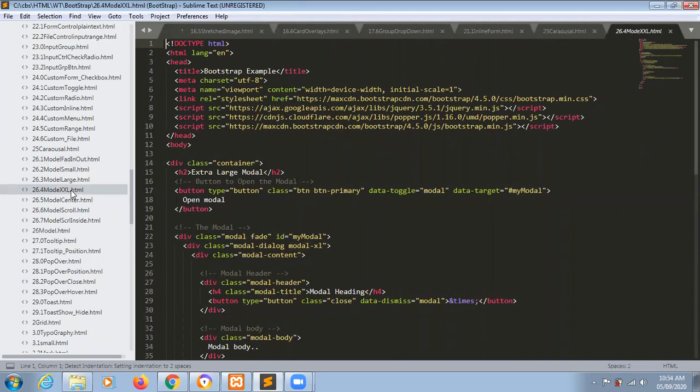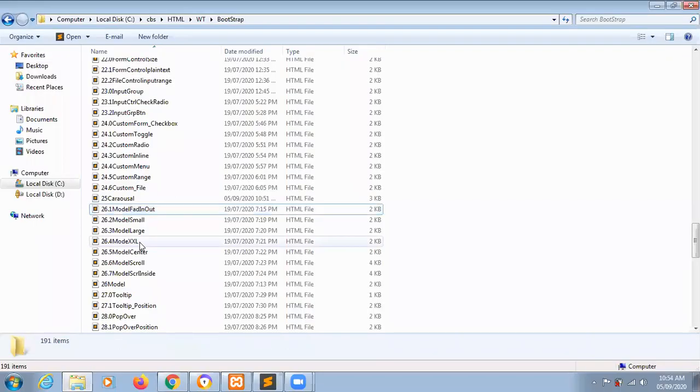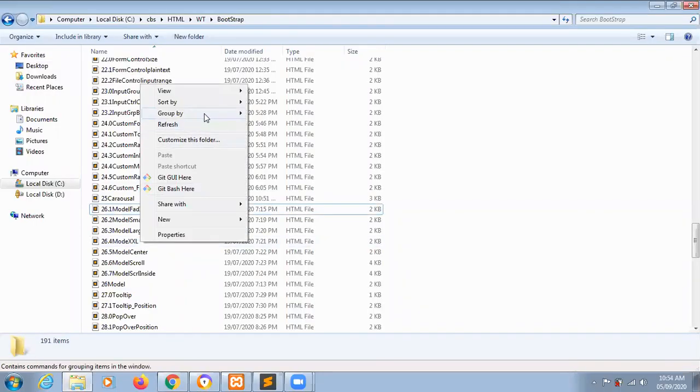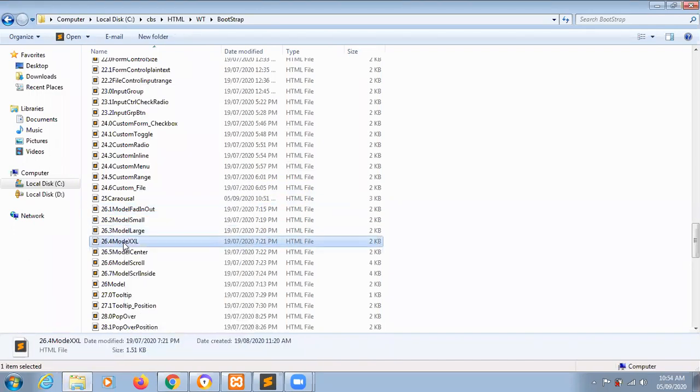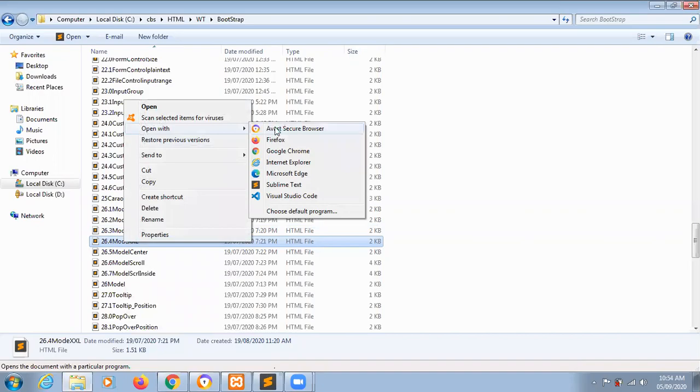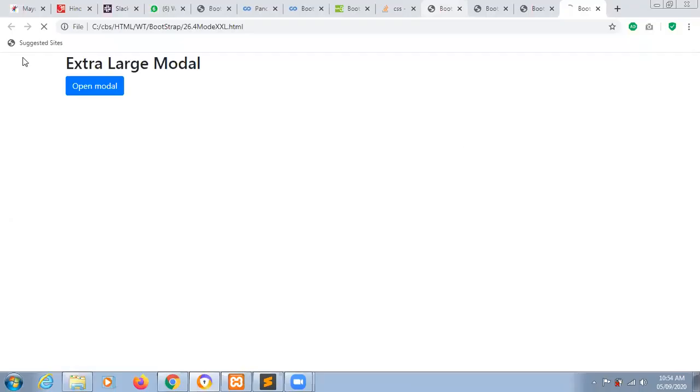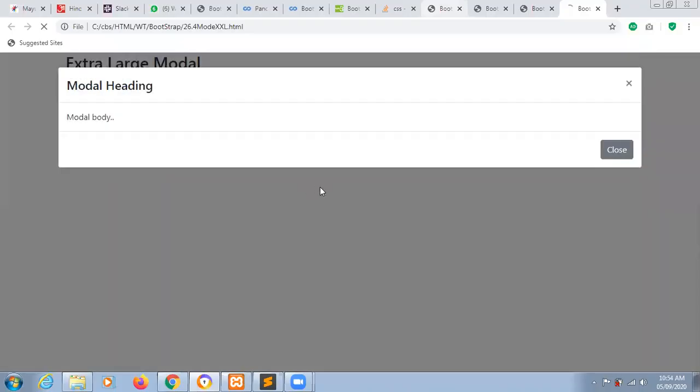For that we have the class modal-xl. I will show the output. See madam, now this is extra large. Okay, nice, sir.